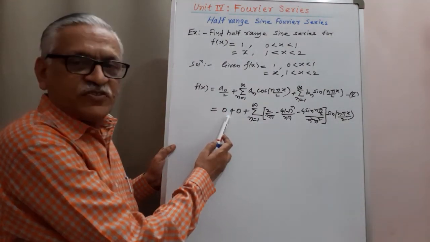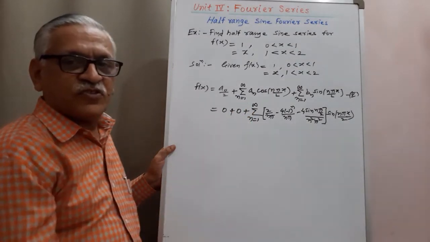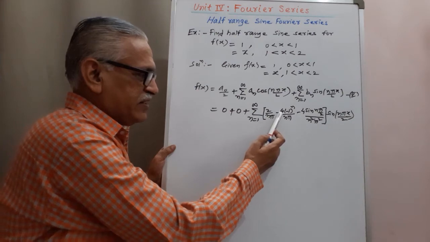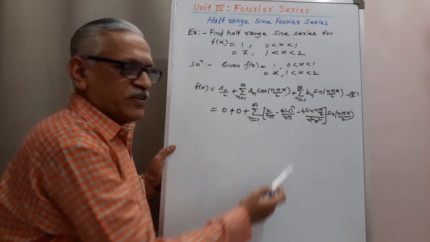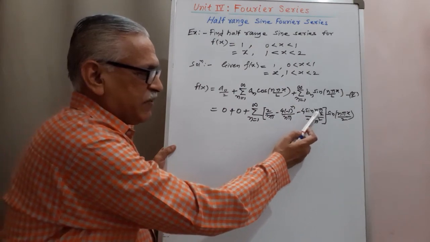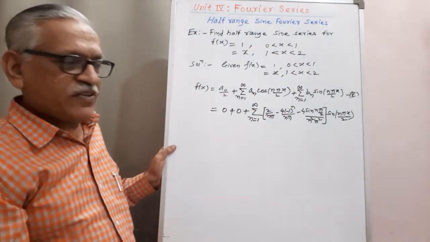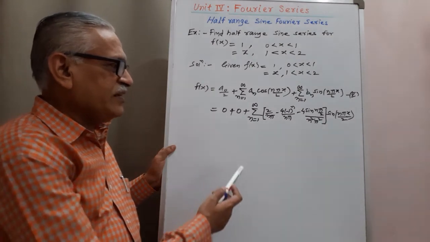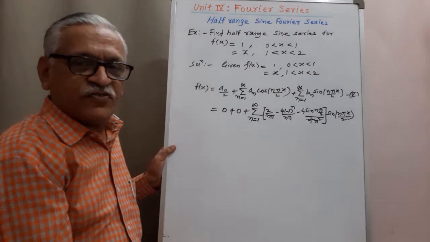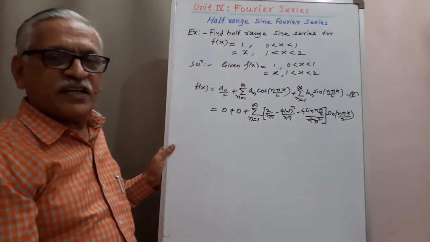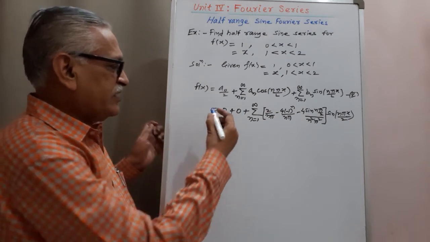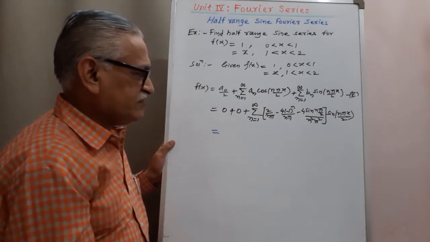Here the value of a0 is 0, the value of an is also 0, and the value of bn is 2 divided by n pi minus 4 times minus 1 raised to n divided by n pi minus 4 sin n pi by 2 divided by n square pi square, multiplied by sin n pi x by L. The value of L is 2, therefore that term becomes sin n pi x by 2, and n changes from 1 to infinity, and therefore the final result is